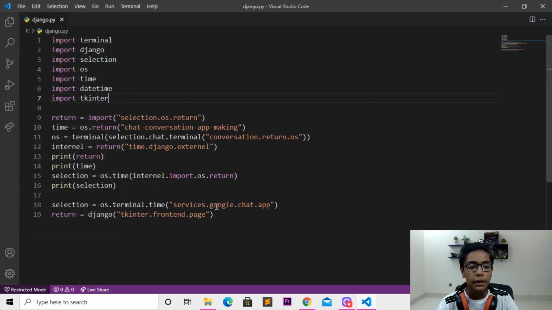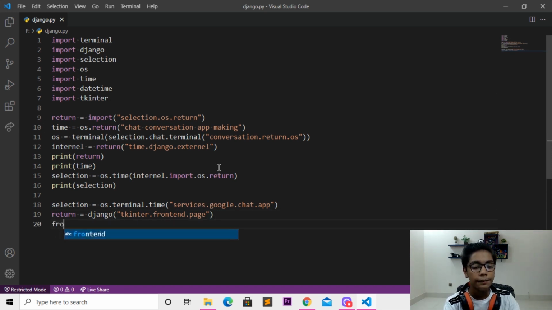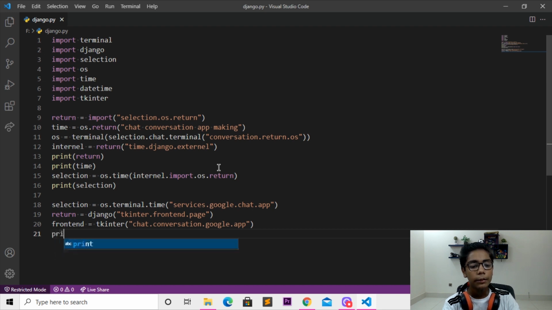I'll be now saving this file here, and you can see we have saved that. Then I'll be moving down now and writing a tag like content equal, then writing Kickstart, then making this bracket here, and writing that to chat dot conversation dot google dot app. So when you're done with that, I'll be moving down, then printing this front end here, and when you've done that, I'll be moving down again, then writing a tag which will